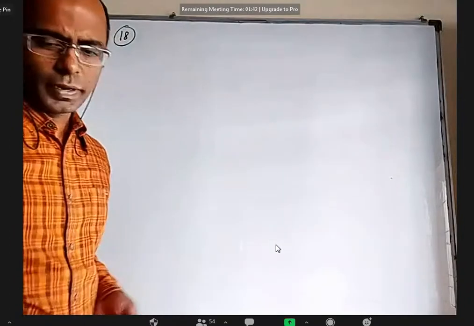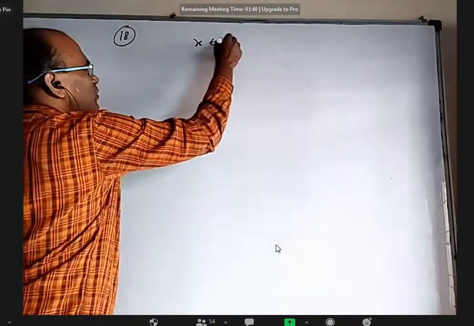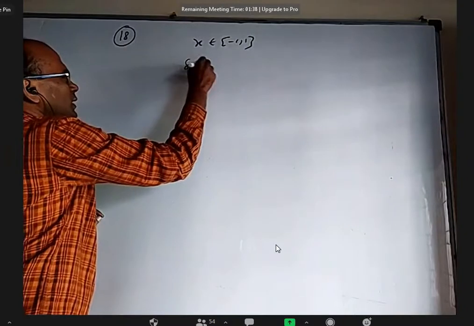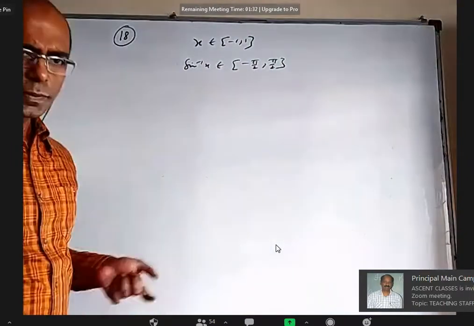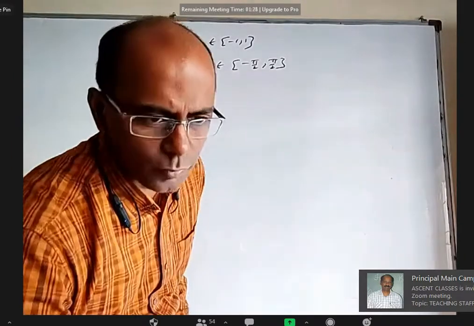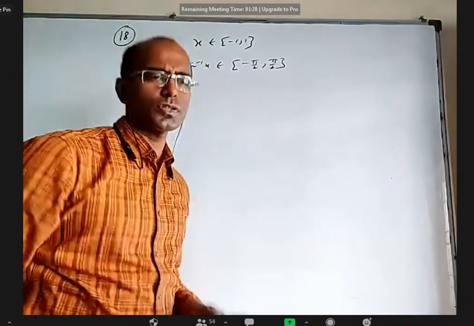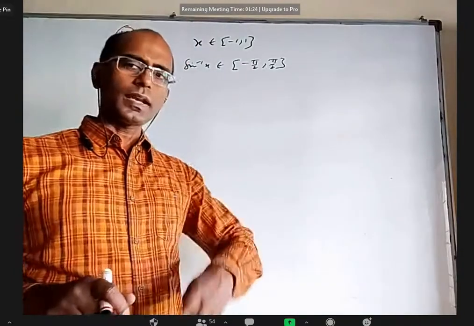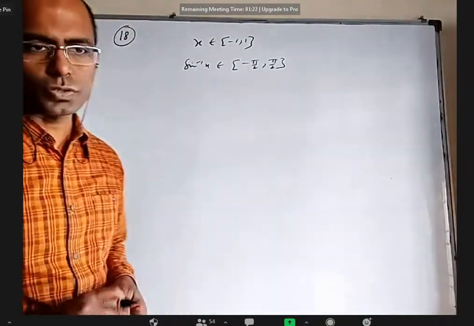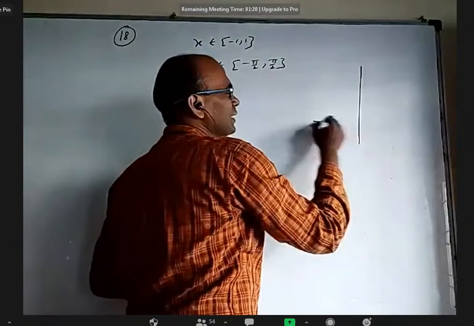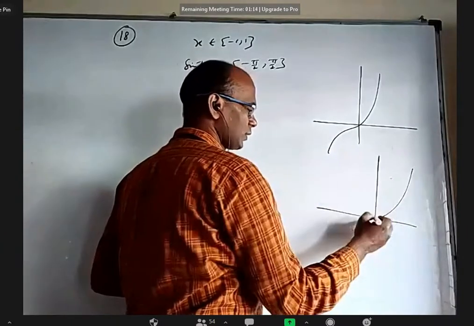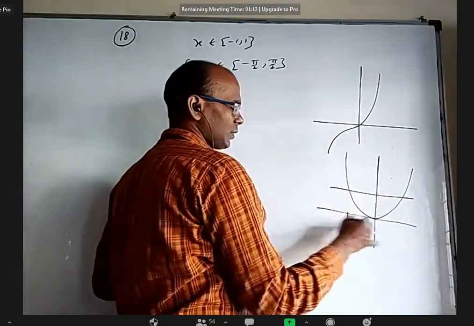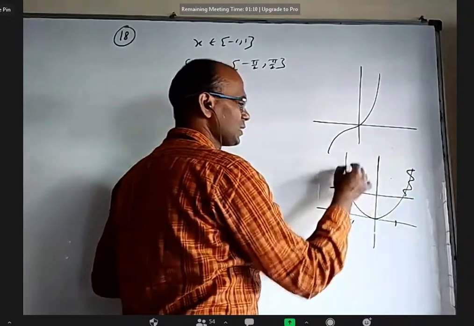Okay, 18. Sin inverse x is always between -pi/2 to pi/2. First of all, x is between -1 to 1 for the question to be defined. Between -pi/2 to pi/2, if you want tan of some value to be more than 1, it means the angle should be more than 45 degrees, or even less than -45 degrees is also okay. Because if you look at the tan x graph, it will be like this. But if you look at the tan square x graph, it will be like this. This is -1 and 1. If you want it to be more than 1, this piece and this piece.